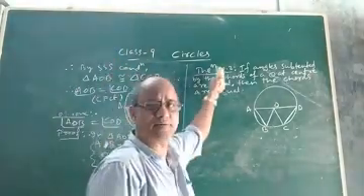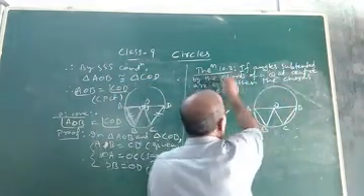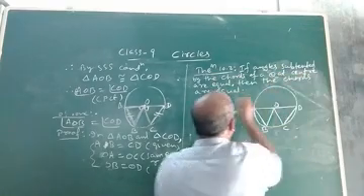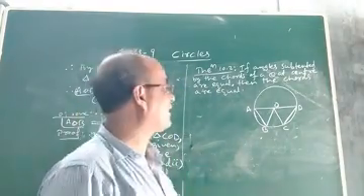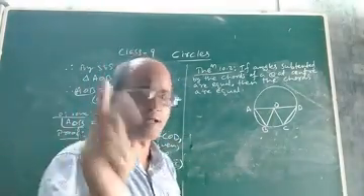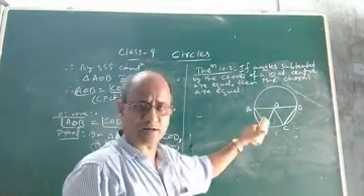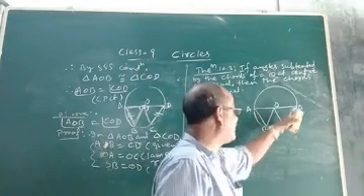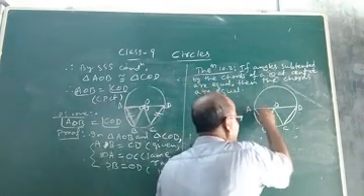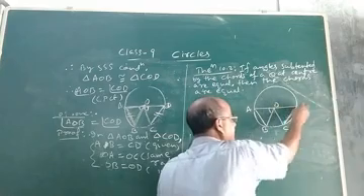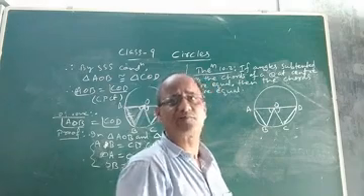Now what is the converse of this statement? The converse is given in theorem 10.2. The statement is: if angles subtended by the chords of a circle at the center are equal, then the chords are equal. What is the meaning of this statement? Suppose you take two chords, AB and CD, of the same circle. Suppose these two chords subtend equal angles at the center. This chord AB subtends this angle at the center and this chord CD subtends this angle at the center. Suppose it is given that this angle and this angle are equal.